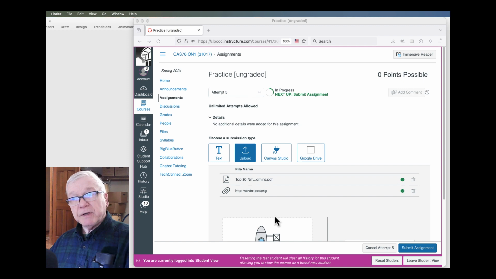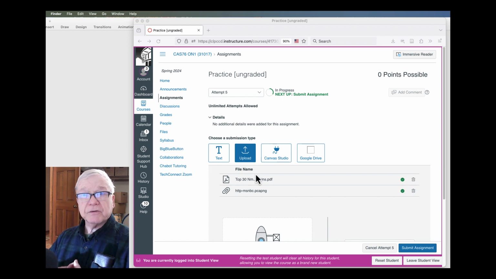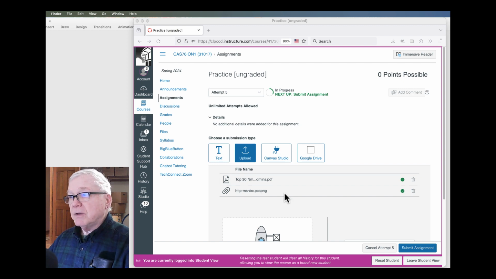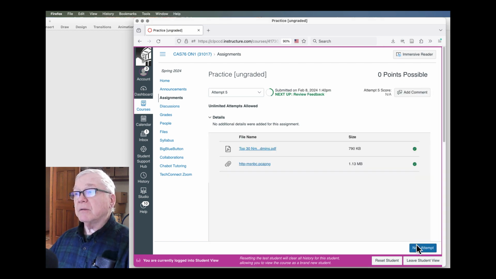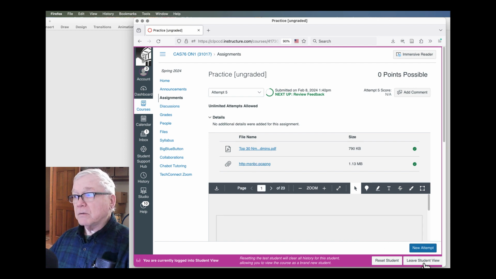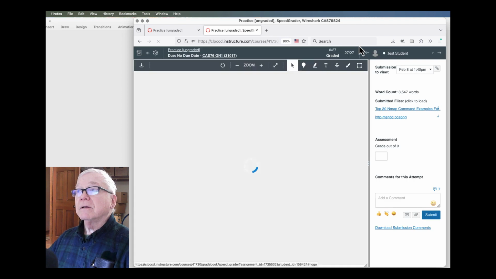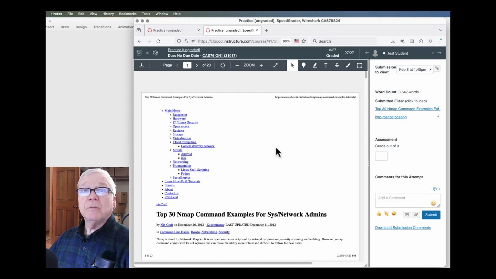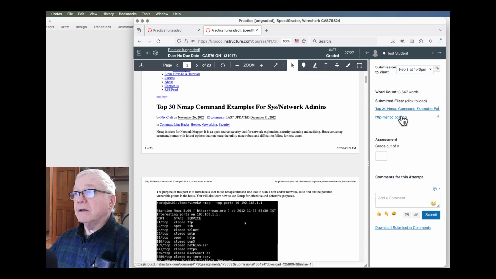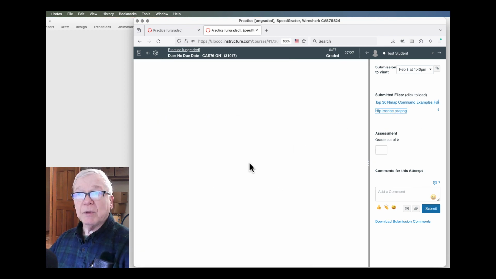So if I've got a couple PCAPs, commented packets, anonymized packets, I'm going to upload the PDF or doc file or text file of my report with the pictures in it, and then I'm going to upload the PCAP separately. I'm going to submit that assignment. Bam, there we go. Leave the student view, go back and take a look at it as the teacher, and I will see precisely what I should see, which is the report, and then here's the PCAP. Now this will not display inside Canvas because it doesn't know Wireshark.